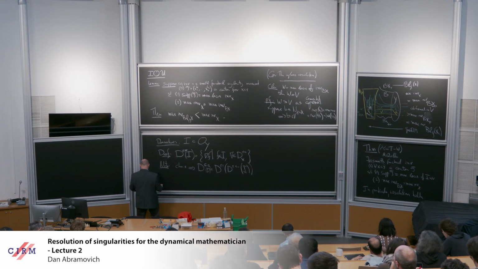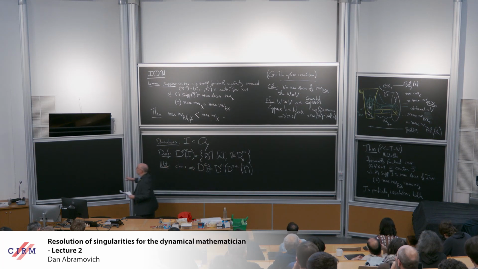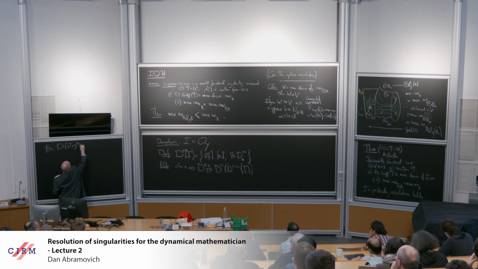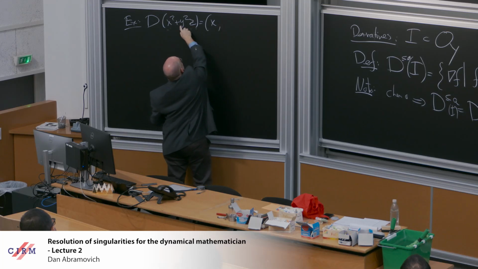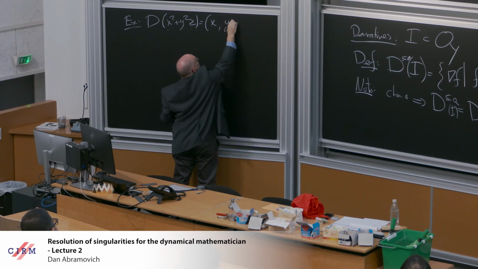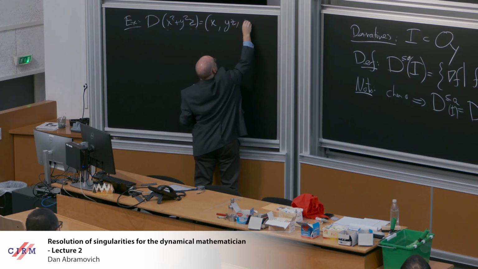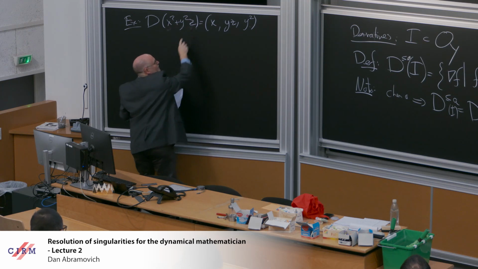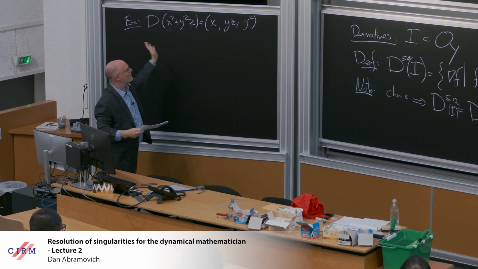I'll define the, here's an example. So to take derivatives, if I need x, I need yz, I mean 2yz, but in characteristic 0 I can divide. And I need y squared, and that's the derivative ideal of this. The original, I should take also, so in this formalism, I don't need the less than or equal. I can take just the,